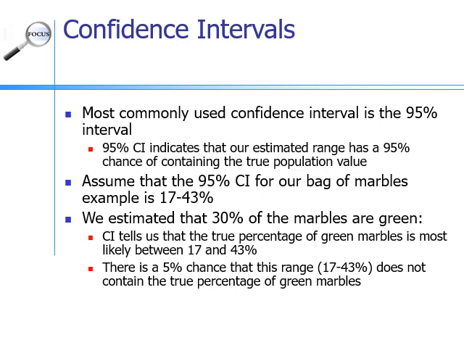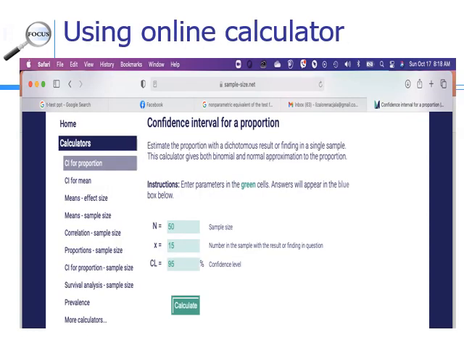So if we go back to our example of green marbles, if we do manual calculation, we know that the 95% confidence interval would be 17 to 43%. I'll show you the manual computation, but I think we already have that in our previous lesson. Or if you're using an online calculator, you just have to search confidence interval for a proportion calculator